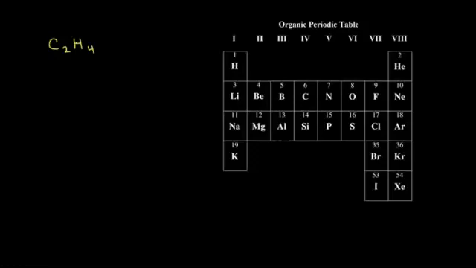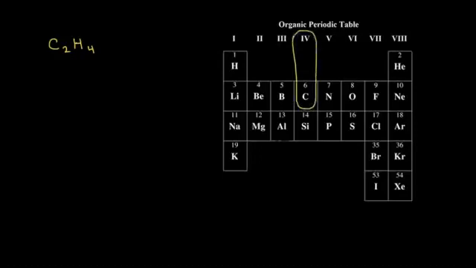In the last video, we saw how to draw dot structures for molecules with single covalent bonds. In this video, we'll talk about multiple covalent bonds. And so we start the same way we did in the last video. If I wanted to draw the dot structure for C2H4, I would find carbon over here, and once again, carbon